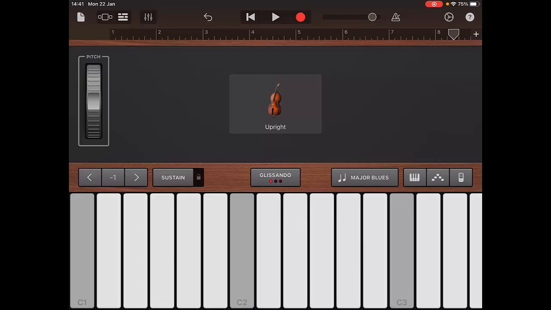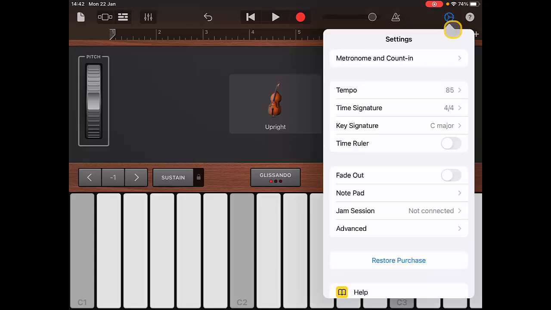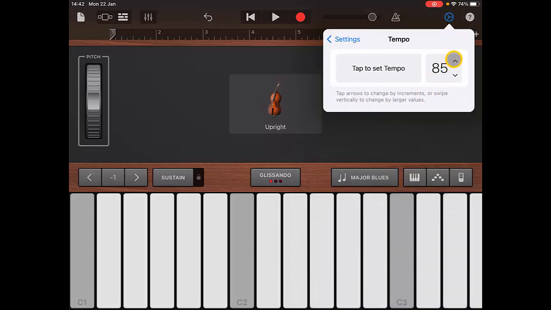So I'm just walking my finger from the C to the other C, the grade 1 to the other grade 1. Before I record, I am going to change the tempo